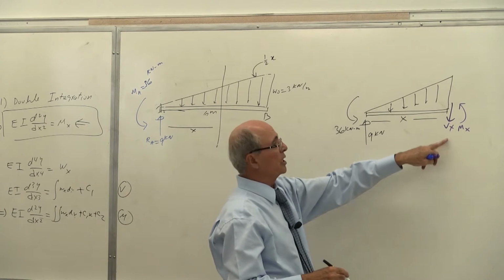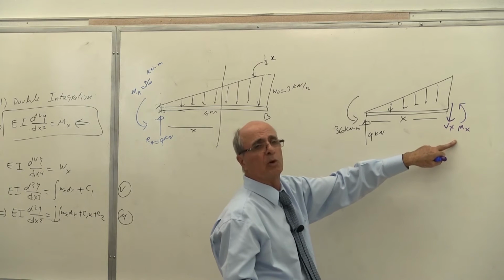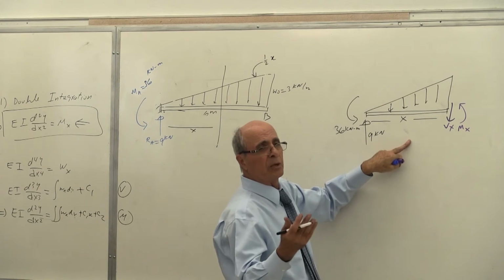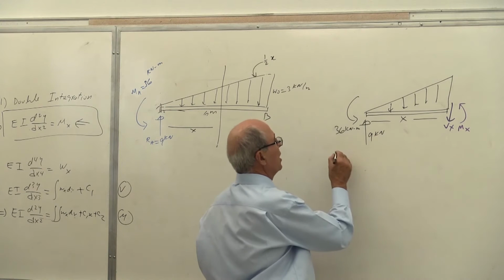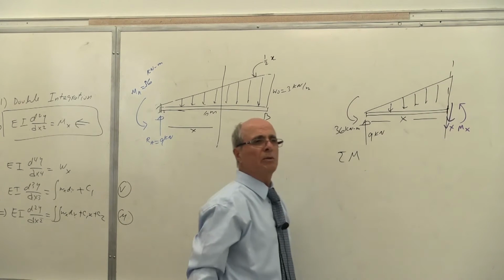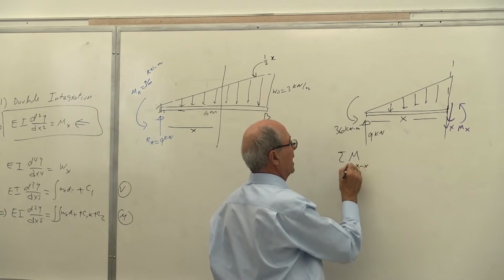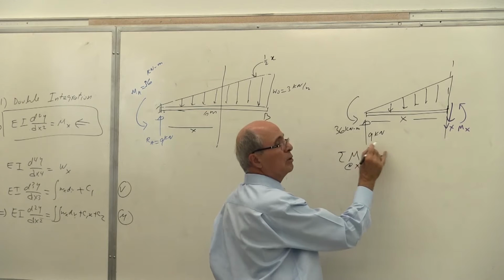Now, what is M(x) equal to? That's all I'm asking. Forget about shear. You can write the shear, but it's time consuming. Let's go right to M. Equation of equilibrium. Yes or no? Sigma M about this section equal to 0. That's what we are doing all along. Sigma M at x-x equal to 0. Now look what we have.